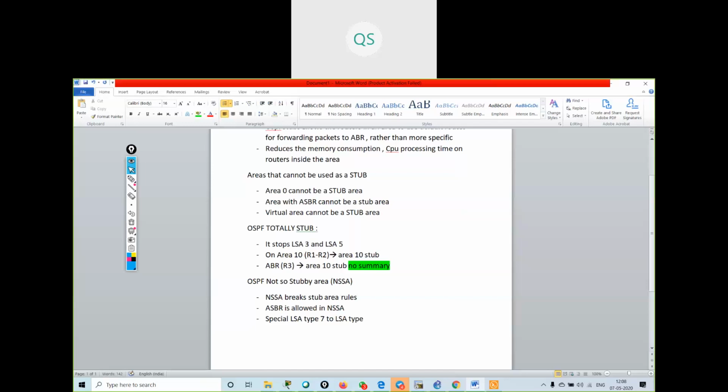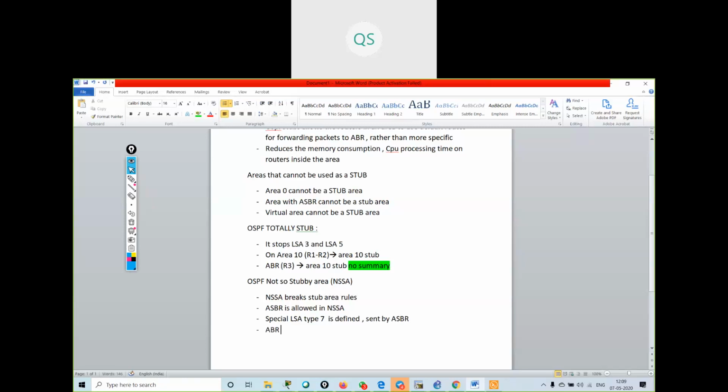What will it do? Type 7 LSA is a special LSA defined and sent by the ASBR router.